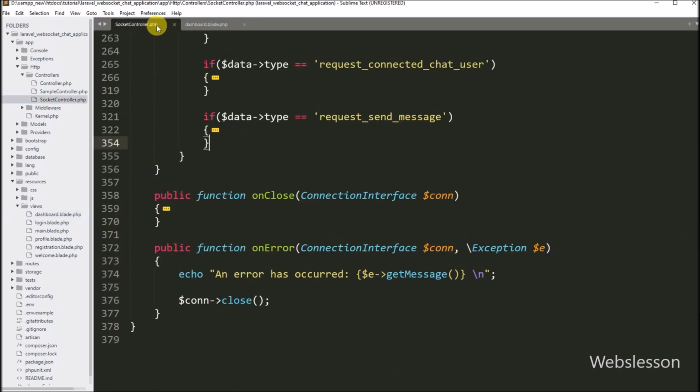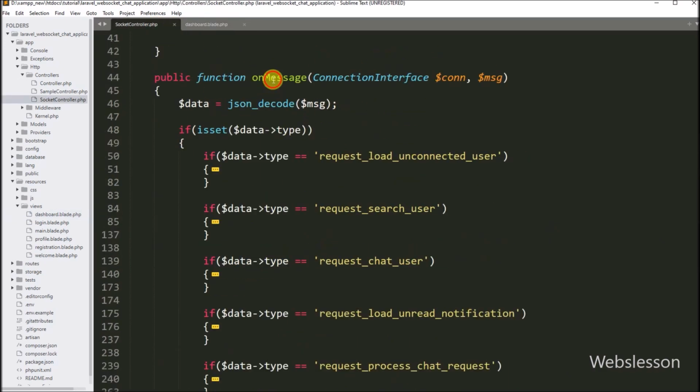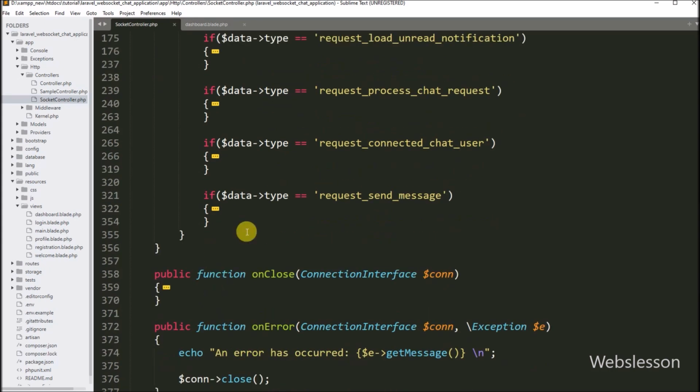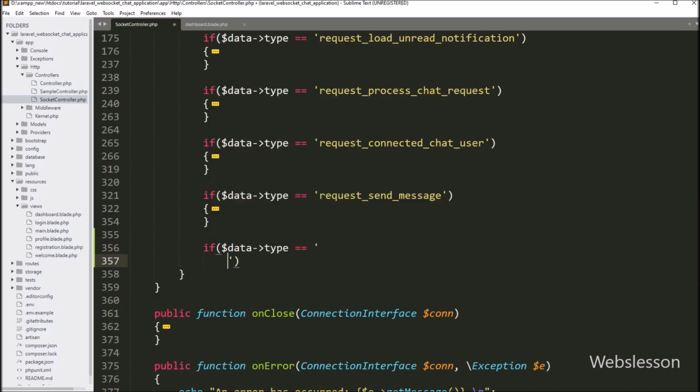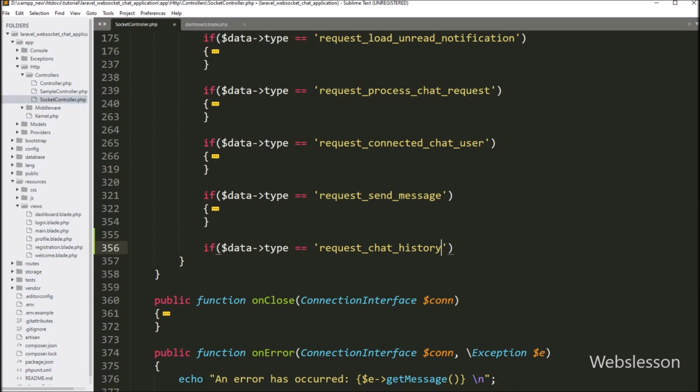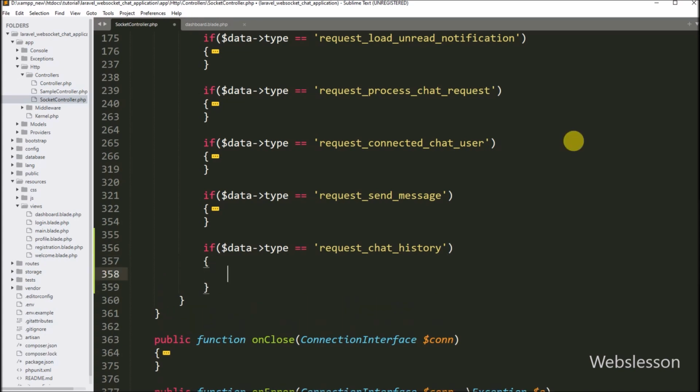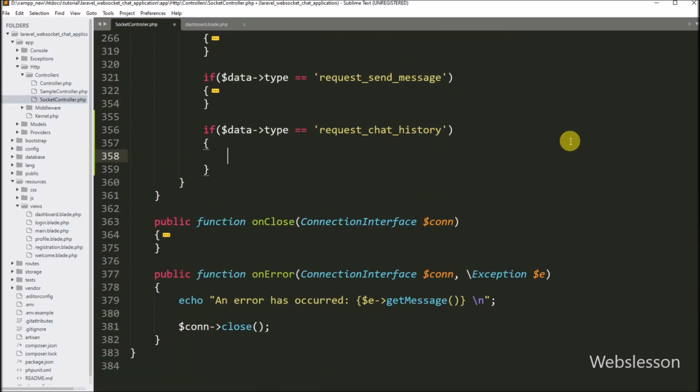Now we go into the socket controller file, and under this, we go into the onMessage method. And here, we write an if statement, and under the condition, we write $data type variable value is equal to request_chat_history. If this condition is true, then it will execute the if block of code, and under this, we want to first fetch the chat history data. So for this, we write the $chat_data variable is equal to the Chat model class with